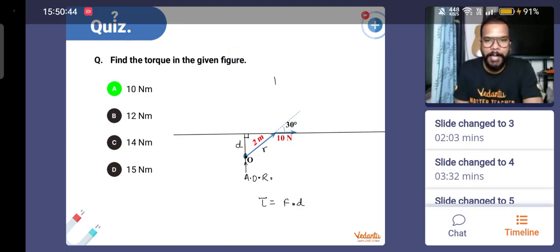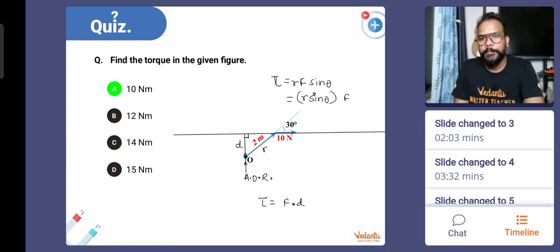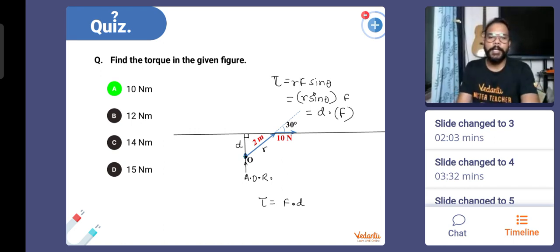एफ को डी से मल्टीप्लाई करना है, आर से नहीं मल्टीप्लाई करना, क्योंकि कर तुम अभी भी वही रहे हो। टॉर्क का वैल्यू अभी भी तुम आर इंटू एफ इंटू साइन थीटा लिख रहे हो, यही है बेसिक डेफिनेशन ऑफ टॉर्क। लेकिन अब तुमने आर साइन थीटा का वैल्यू अलग से निकाल दिया। इस राइट एंगल ट्रायंगल में जो डी है ना, वो आर साइन थीटा ही है और कुछ नहीं।